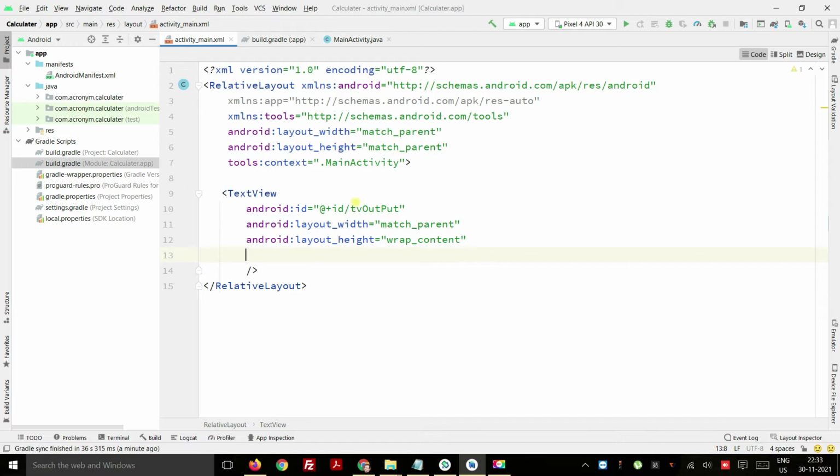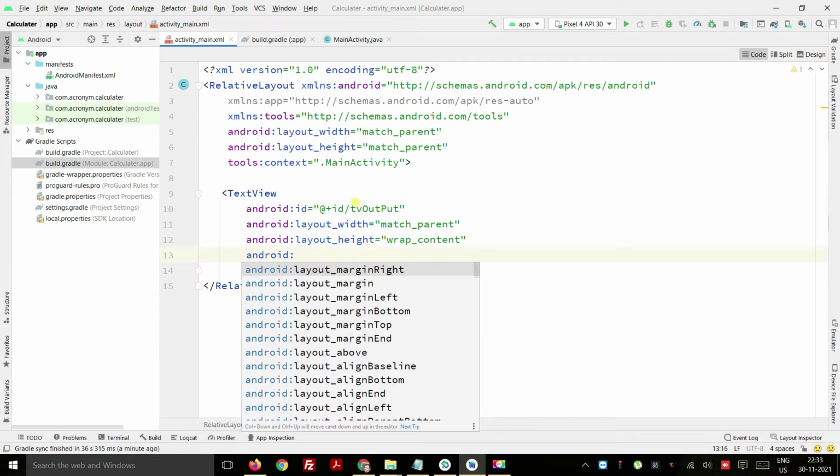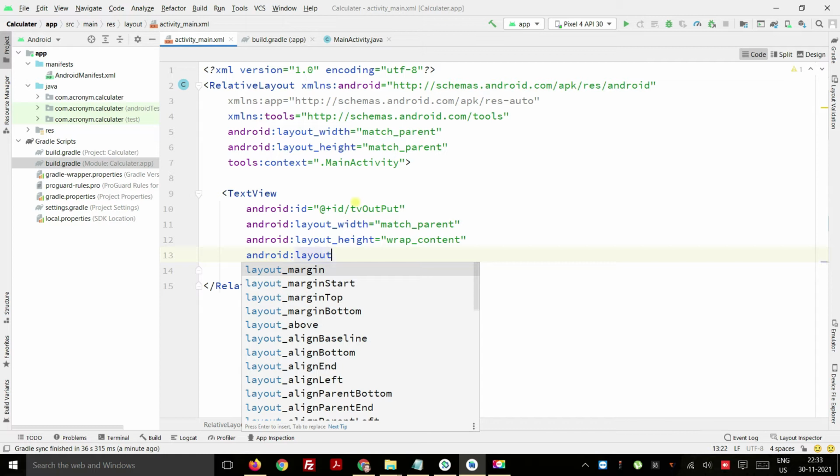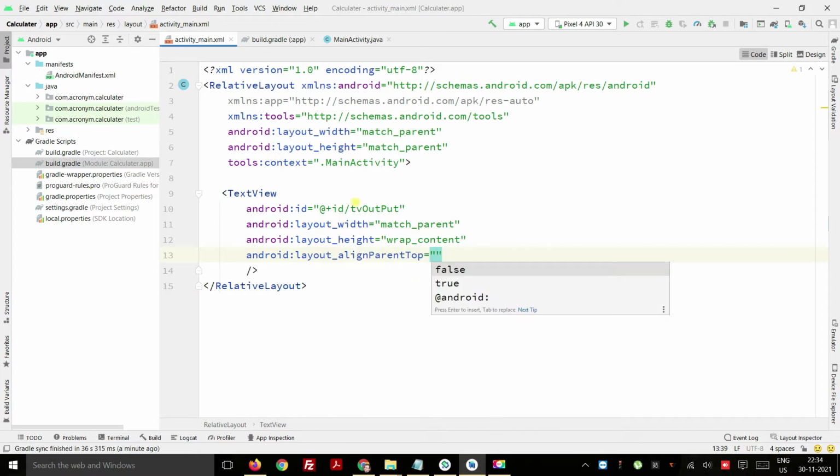What we have to do is make it so that it is on the top. So we are going to put android colon layout_alignParentTop to be true, so it will be on the top.